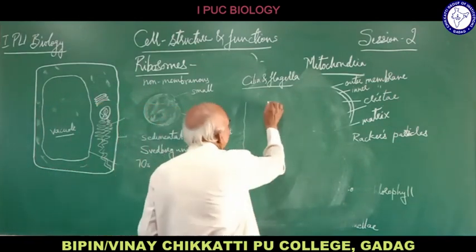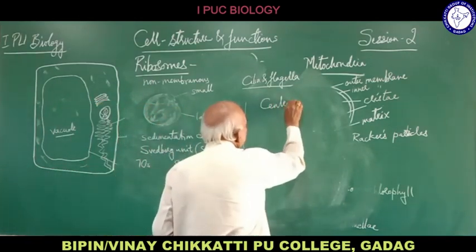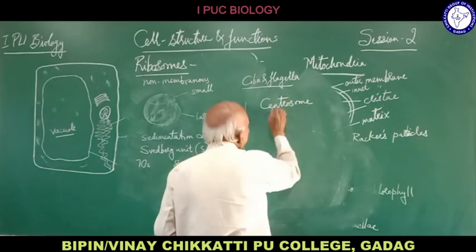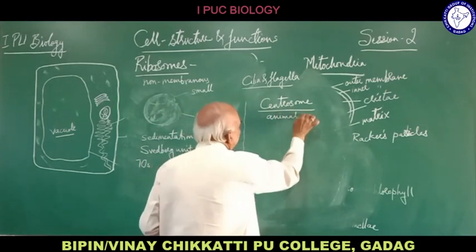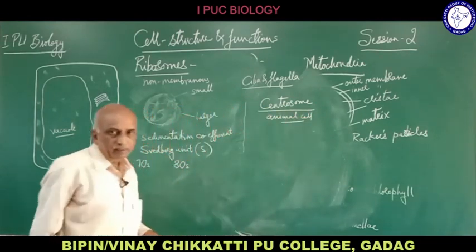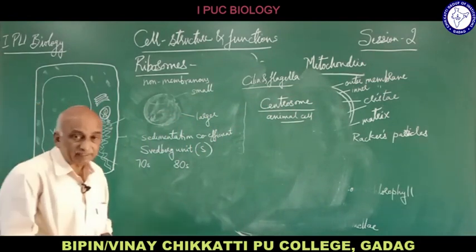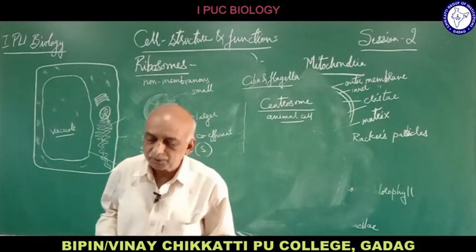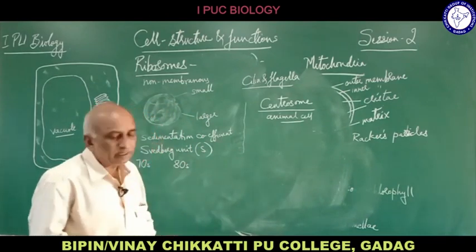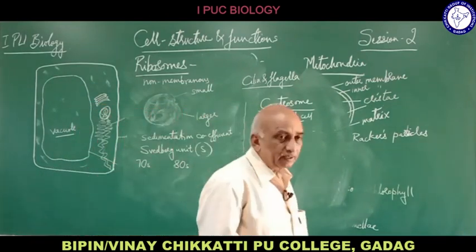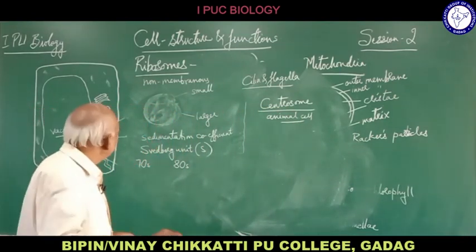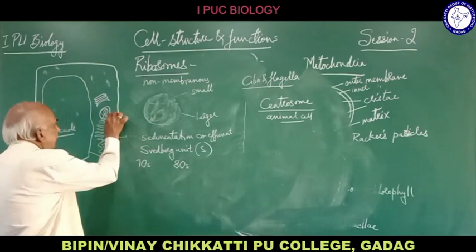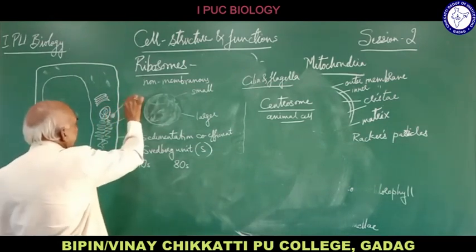And similarly, another structure which is called a centrosome. This centrosome is another organelle which is present only in the animal cell. As we say, plastids are present only in plant cells, similarly, centrosomes are also present only in the animal cell. Here the centrosome is only single, which is present near the nucleus. Suppose this is a centrosome which is present in an animal cell.